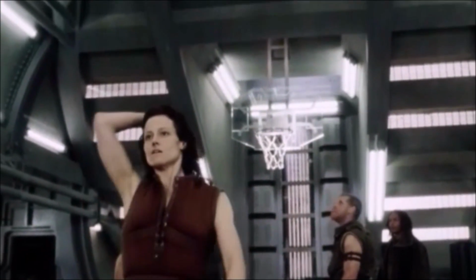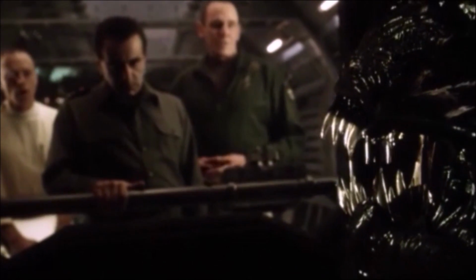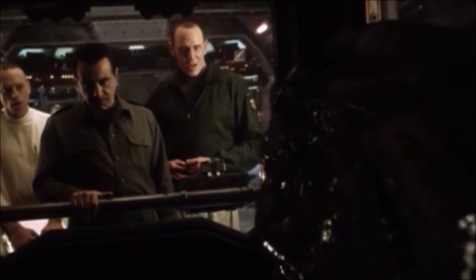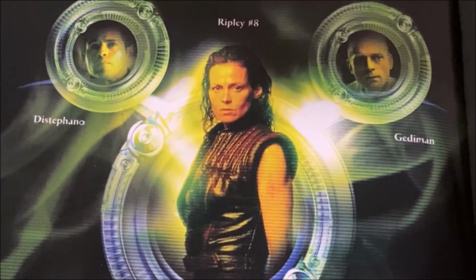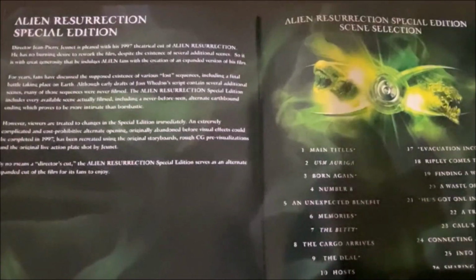And since the Ripley clone is so perfect, the scientists decide to keep her alive for study as well. But the new breed of alien born from Ripley's queen is far more clever than its predecessors. An unfortunate fact the scientists don't realize until after the ragtag crew of the Betty arrives with additional nourishment for the aliens in the form of a hijacked crew of humans. As before, we have images of the film's characters, categorized by characters found on the Auriga and characters of the Betty's crew. There's the scene selections, as with the previous films, and once more a write-up on the special edition